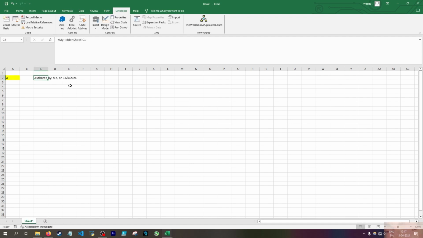In the use case I came up with, I wanted to add my own stamp to the workbook. And at that point I could say, who made this? And then you can say, actually, I'm the one who made it because I know that there's a hidden sheet and it has a value in C1, which is then me who made the file. I'm sure there are other reasons you might want to do this, but adding an author stamp and a timestamp could be useful. So, yep,